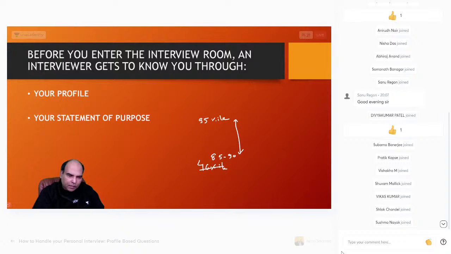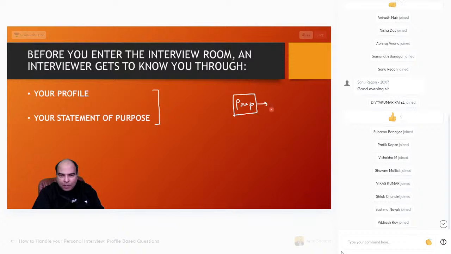Unfortunately, what I've seen is that the interview process is very back-ended. That means most people start preparing for the interview only after they get the calls. And once you get the calls, उसके बाद तुम्हारे पास टाइम नहीं रहता है अपना इंटरव्यू के लिए ज़्यादा प्रिपेयर करने